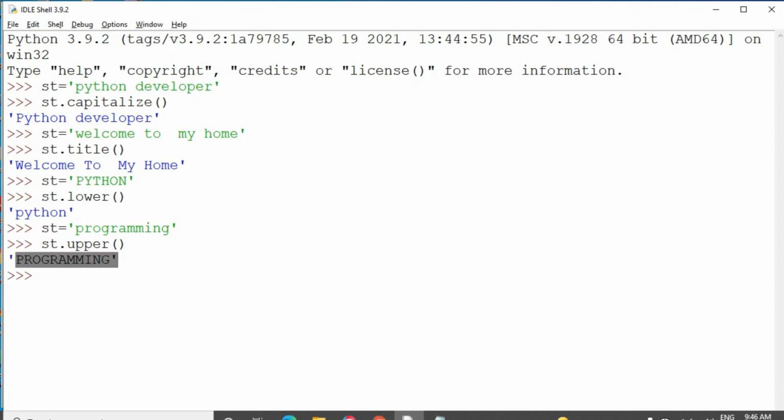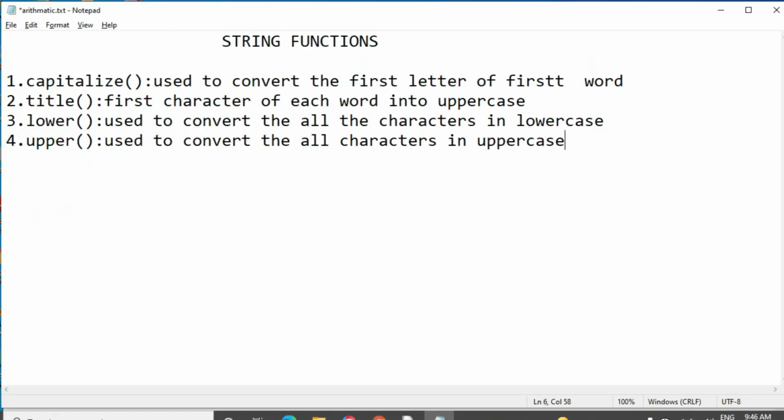It converts all the characters into uppercase. So all the characters will be in capital letters. It shows all the characters in capital letters, uppercase format.